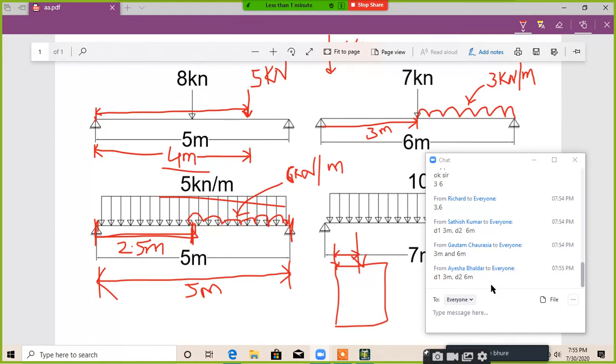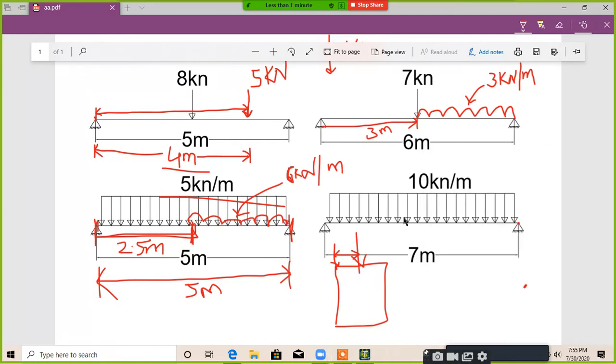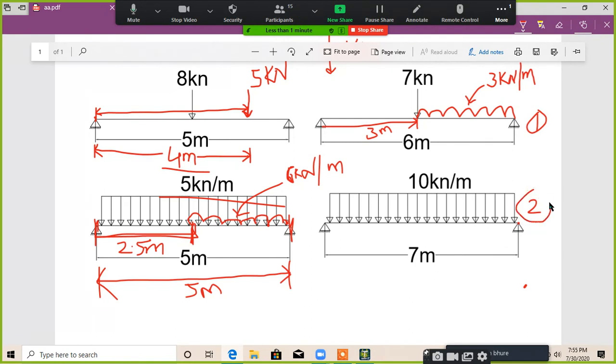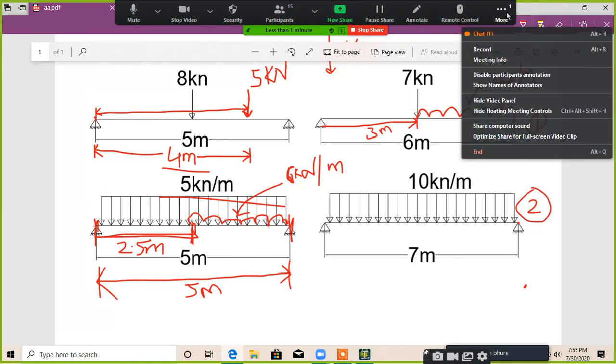Okay, Aisha, good. D1 is 3 and D2 is 6 meter. These both are your task. Please do it by yourself. It is your homework. First homework and second homework. Both are the homework.